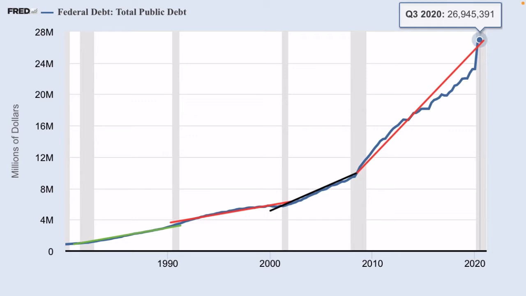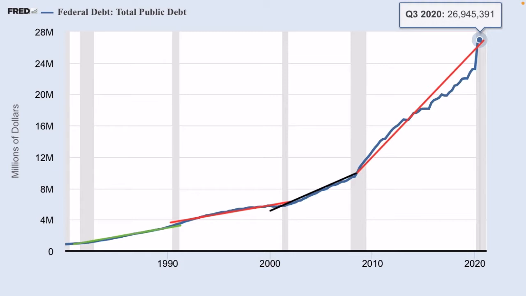Now you can see from 2008 to 2020, the rate of the growth has been exponentially greater, and it's going a lot further than between recessions. So I feel like there's a bubble building with the debt,